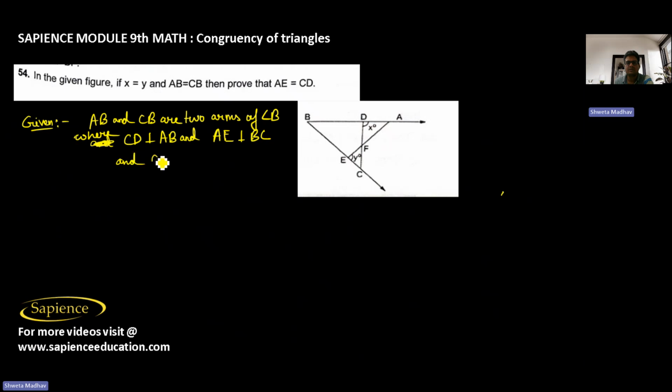And we can say that CD and AE intersect at F. Where I can also say that angle AEC is equal to y degrees, and angle ADC is equal to x degrees. Okay, so this is not perpendicular. Simply we can say that